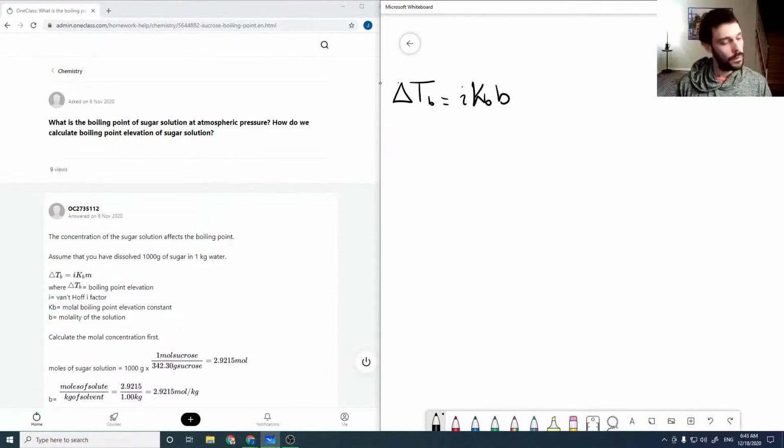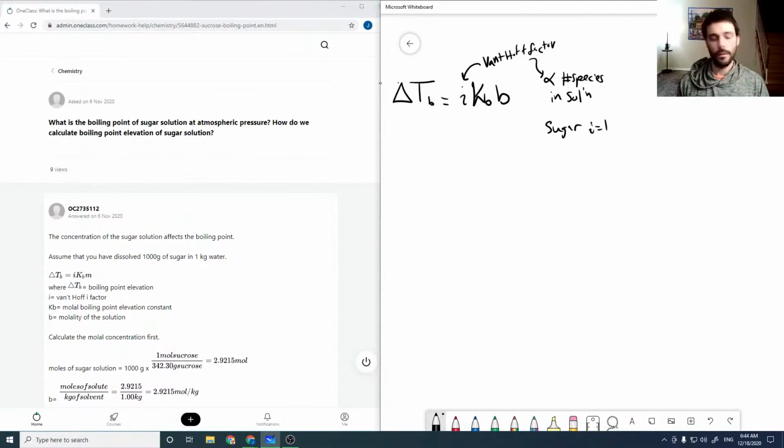So here we have the Van Hoff factor, or not with Van Hoff equation, but with our boiling point elevation equation. So this is proportional to the number of species in solution. Okay, so for sugar,